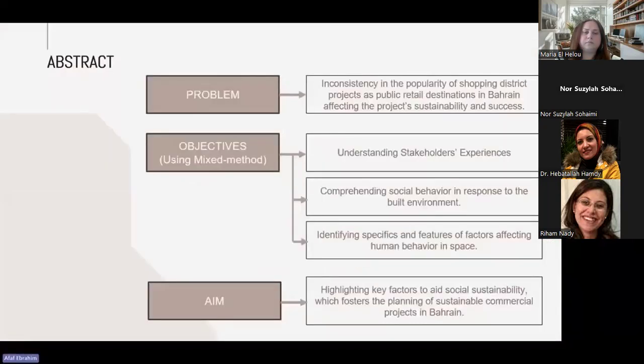This research focuses on the inconsistency in the popularity of shopping district projects as public retail destinations in Bahrain, affecting the project's sustainability and success. The objectives are to understand the stakeholders' experiences, comprehend social behavior in response to the built environment, as well as identify specifics and features of factors affecting human behavior in space. The aim is to highlight key factors to aid social sustainability, which fosters the planning of sustainable commercial projects